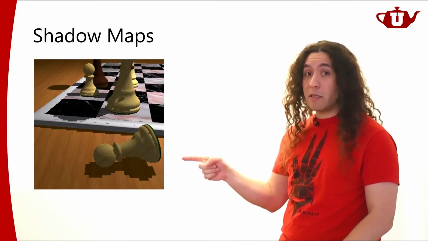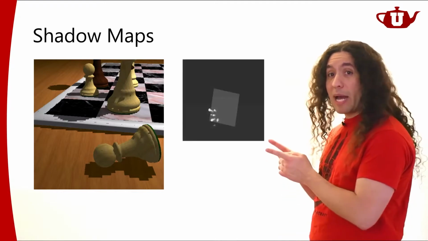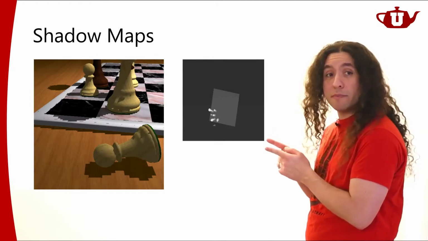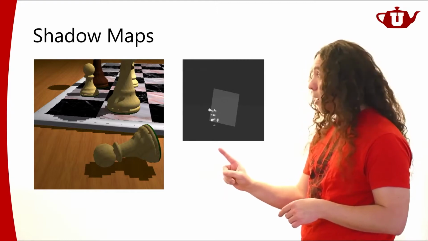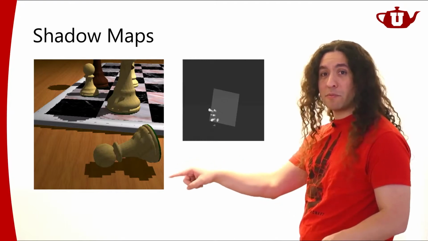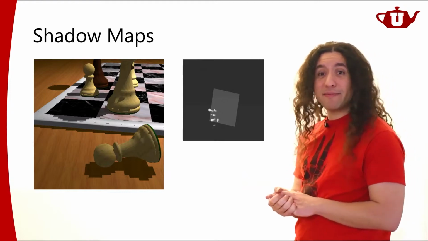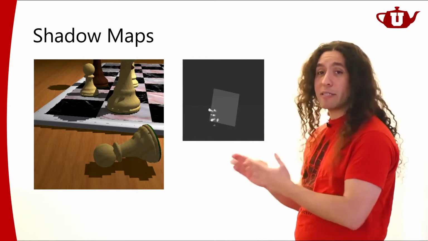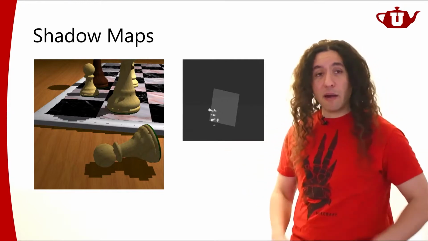So if I try to render the shadow map from a light source that is relatively far, the depth map that I get might look something like this. This might be relatively high resolution, but as you can see, I don't have that many pixels on my depth map that correspond to this area, to this pawn here. Yeah, so that's going to be the problem. Even if I have a high resolution depth map, it may not be high resolution enough if the light source is sufficiently far and it's covering a relatively large area.